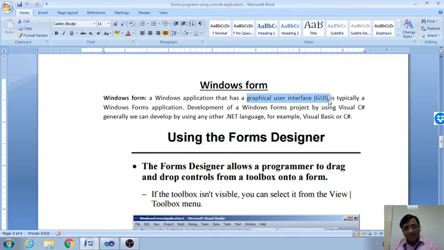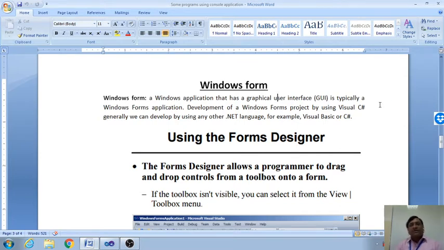There is nothing. The code window opens directly and we write the code. But here in the Windows application we have interfaces available so that the user can interact with that interface. This interface is called a graphical user interface.